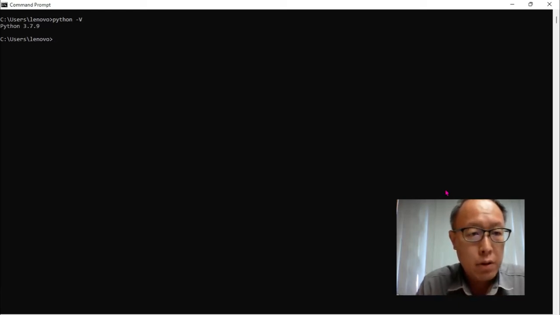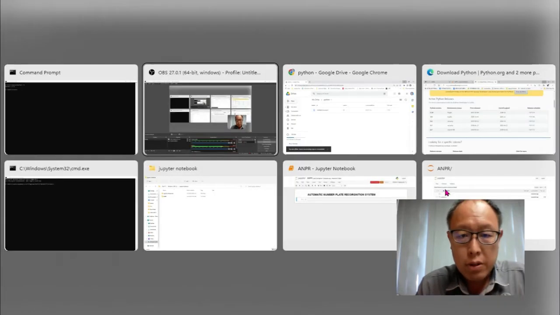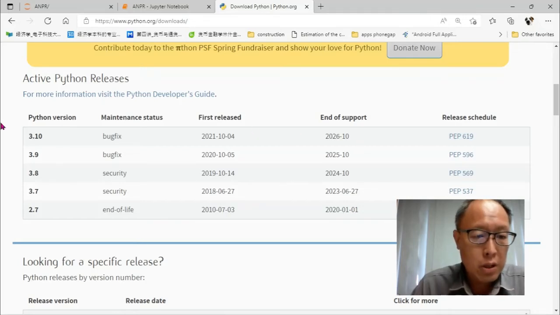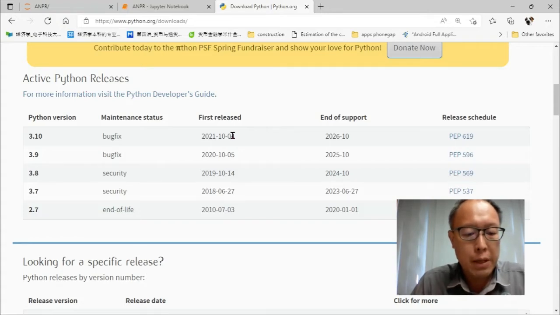Okay, I have installed Python many months ago. The version I'm using is 3.7.9. Okay, and then you go to the browser. The latest version is 3.10, released on 4th of October 2021. Okay, now open up command prompt again and go to the Scripts folder that's inside the Python folder and type pip